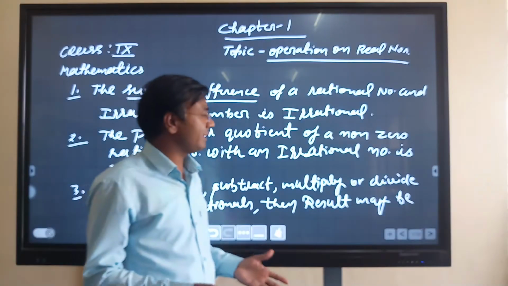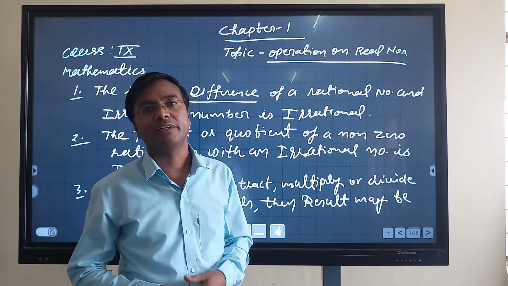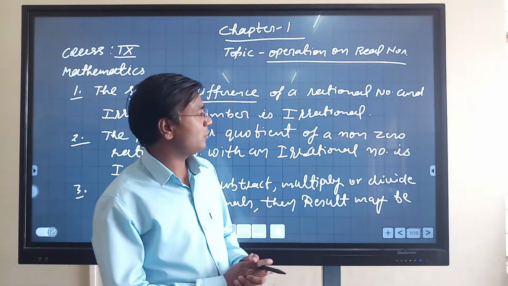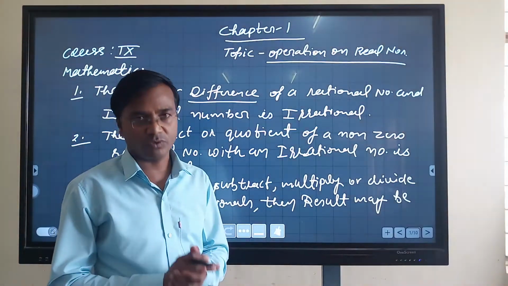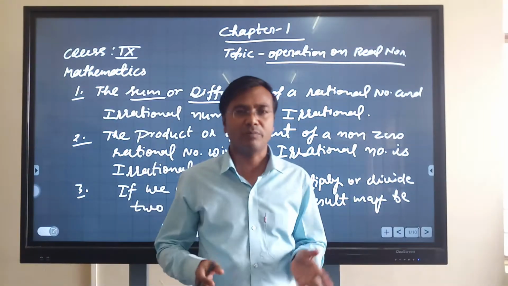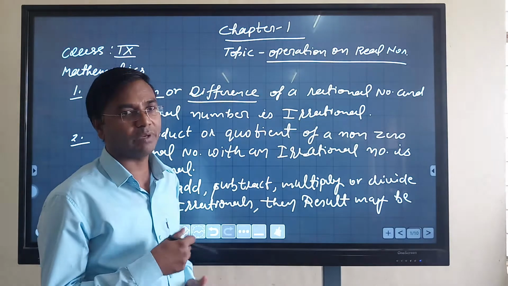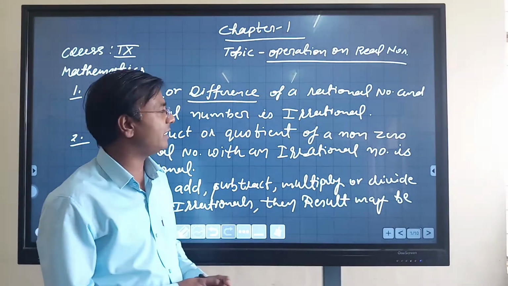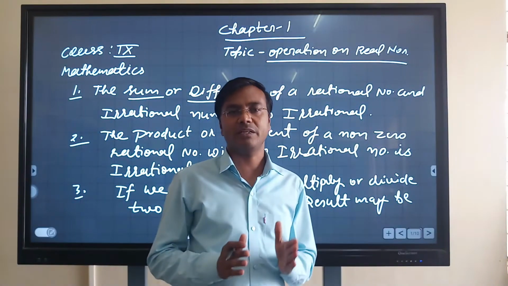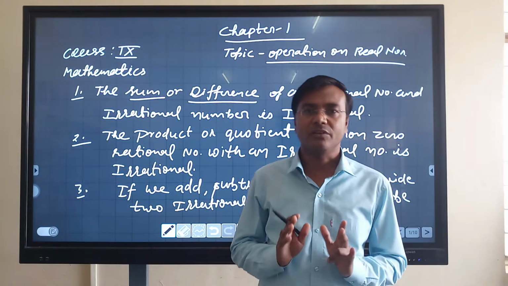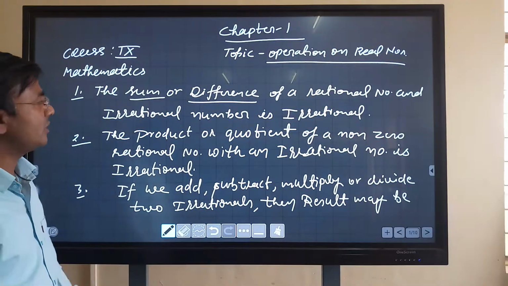So from the beginning we have been adding, subtracting, multiplying and dividing numbers. Till 8th class we have added what? The real numbers only. Real numbers means particular numbers like 2 plus 3. But now in this section we are going to add, subtract, multiply or divide by rational numbers and irrational numbers, as a real number is the composition of rational and irrational numbers. Okay, so let's learn the properties first.